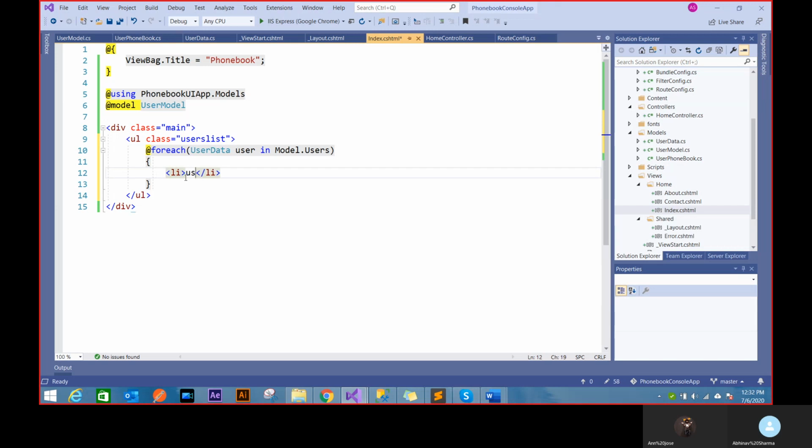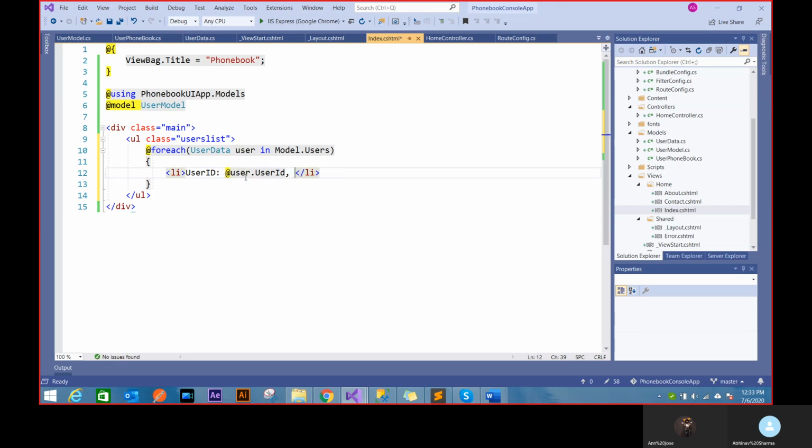But now if I say user dot, you see there's a problem here. I'm again back to HTML side. As soon as I want to use C#, I have to write @. If I don't write @, it becomes a string statement again. I want to get that username, right? So I write @. Then only I can access that dot. You see, user ID starts coming. I'll say in this way that user ID.